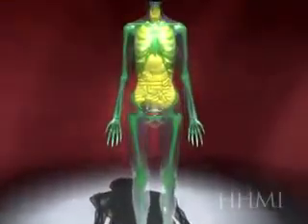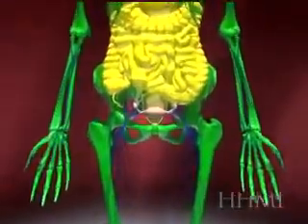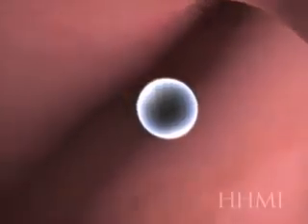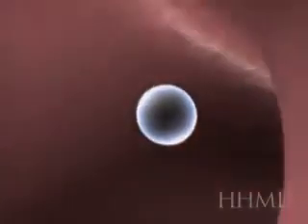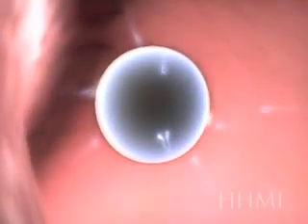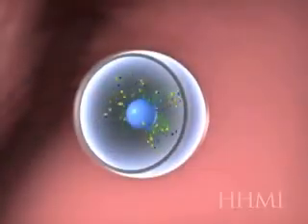In this video then we'll look at the beginning of development, looking into the ovary at an unfertilized egg. It then gets fertilized by sperm which travel down the fallopian tube. So here, millions of sperm coming along. Several of them will hit the egg and try to penetrate it, but one will win, as it were,